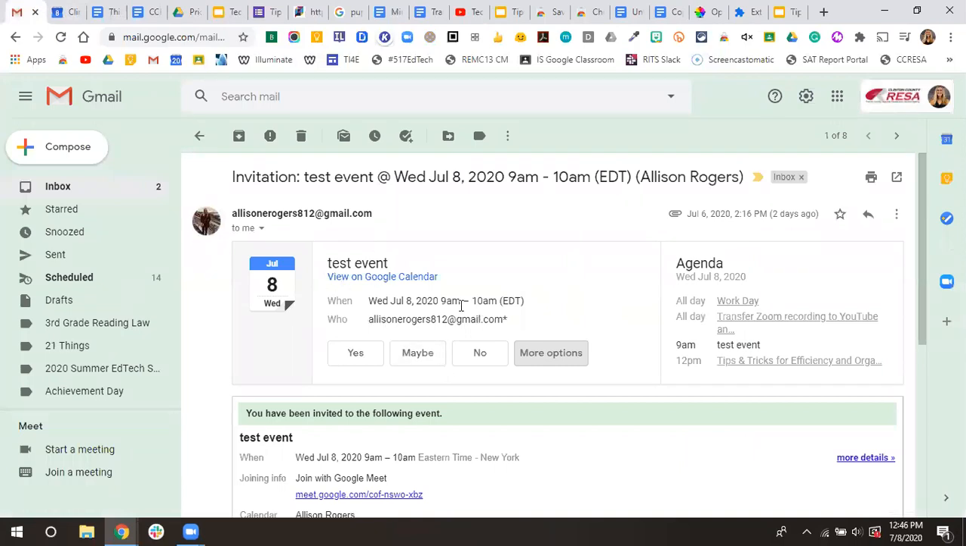And now Google has integrated this option, this more options. So instead of just saying yes, maybe, or no, I can click more options. And I have 2 options to select from, which are really slick in my opinion. So first is I can propose a new time. So maybe I just need to push it back by half hour. I can click propose a new time. It's going to open up in Calendar